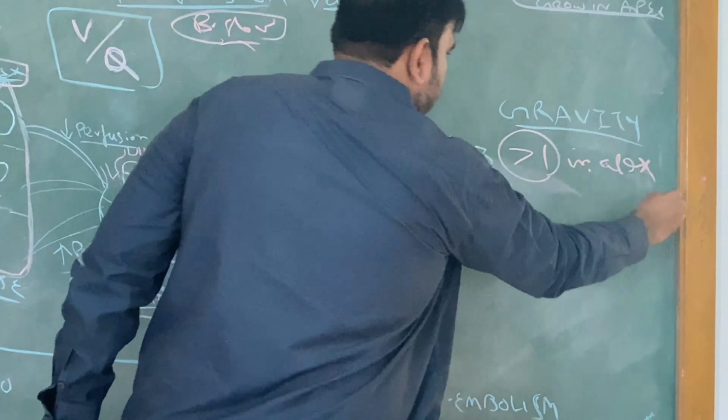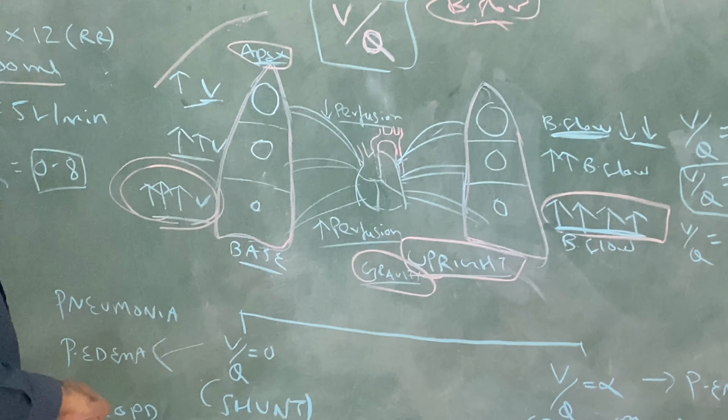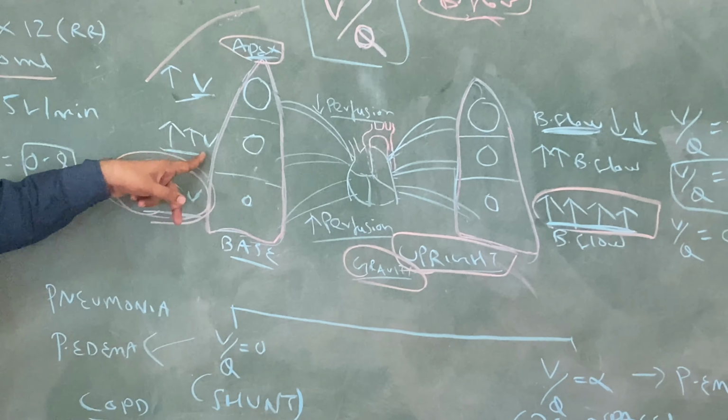So V/Q ratio is greater than 1 in the apex. The reason is blood flow is very, very less. When the denominator, blood flow, is very, very less, the ratio is going to be more than 1, which is approximately 3 in the apex. Now coming to the middle portion or mid zone of the lung, 2 times ventilation increase, 2 times blood flow increase approximately. So that ventilation perfusion ratio seems to be okay or normal.